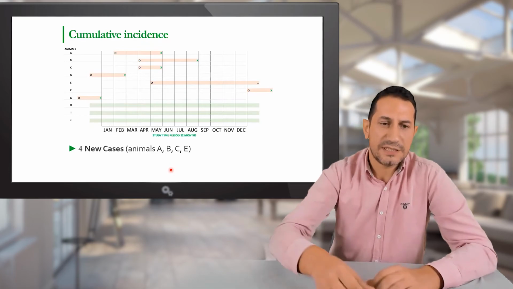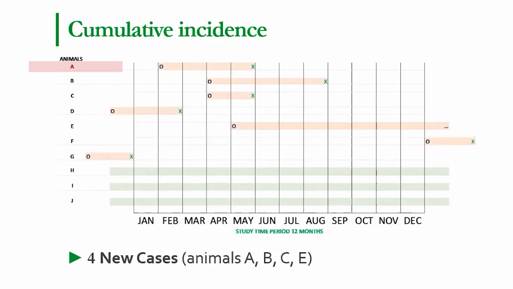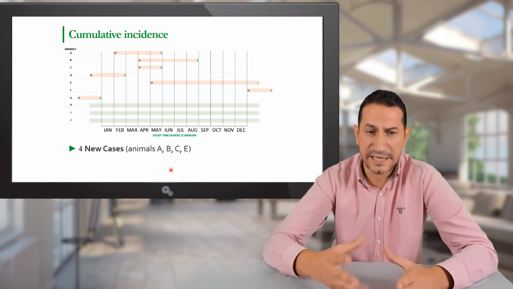And we count and we say that animal A is within the time frame, animal B is the same, animal C is the same. However, animal D, the fourth in the row, has the onset of the disease before the study period begins. It's before the follow-up. So we don't count this as a new case, because that was an existing case. And then the animal E has the onset of the disease within the study period, even though it did not recover within the study period, so it counts, the E counts.